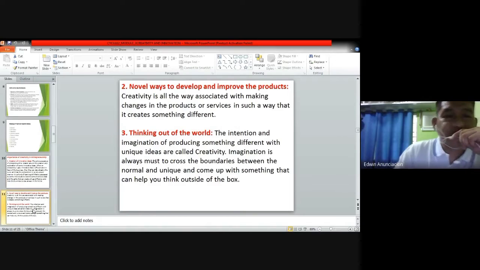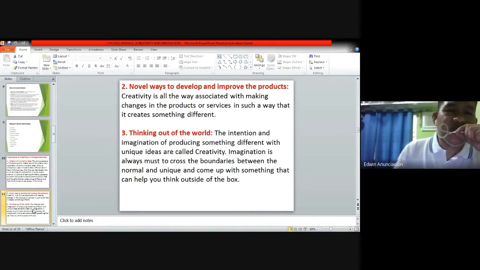And then number 2, novel ways to develop and improve the products. Okay, ayan naman po talaga ang concept ng creativity. Okay, sa creativity po kasi you have the idea. So, from this idea po, ipuput into practice mo yan, actual mo po yan, and that is what we call innovation, putting into action. And then, ideas, and then putting into action, the result is a changed product or services in which it is always expected that it is created something different from that of the what we call existing products and even services.